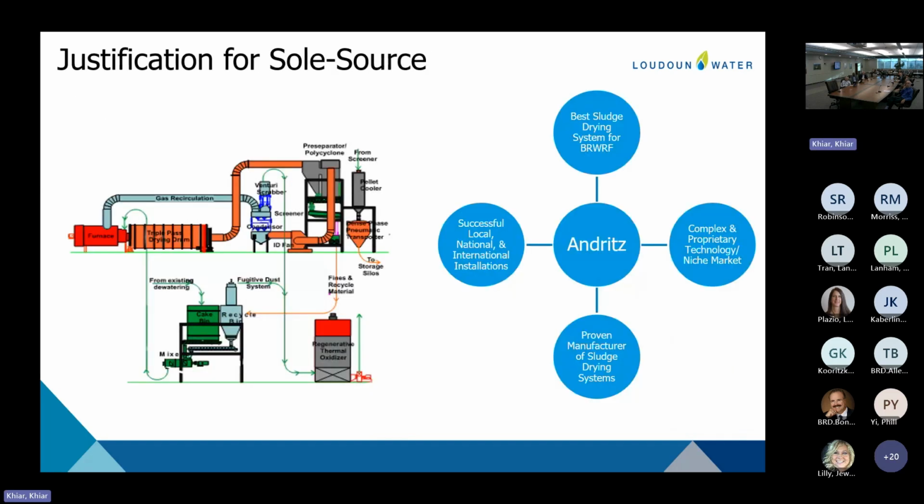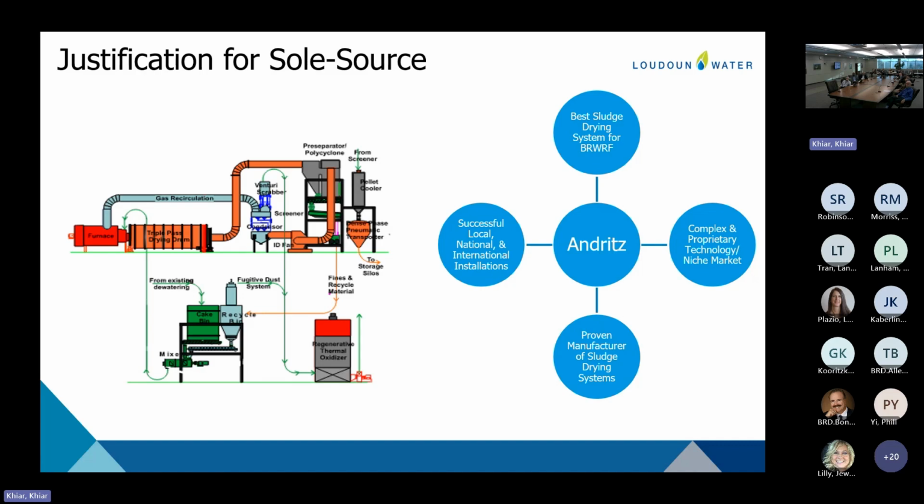Okay. So our justification for sole source. We've selected the Andritz rotary drum drying system, and earlier in the design of the Package 2 project, we looked at different drying systems, and we determined that this drying system was the best for Loudoun Water. A couple reasons. One is that it accomplishes the most drying in the smallest footprint, so you don't need as big of a building.